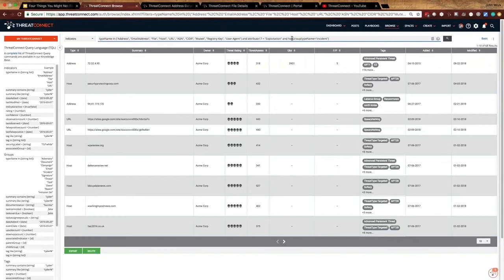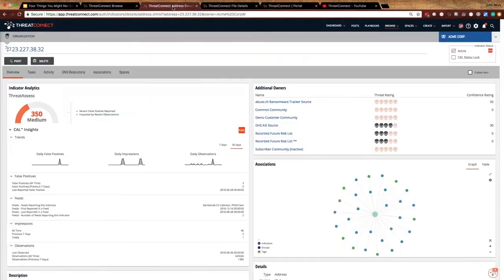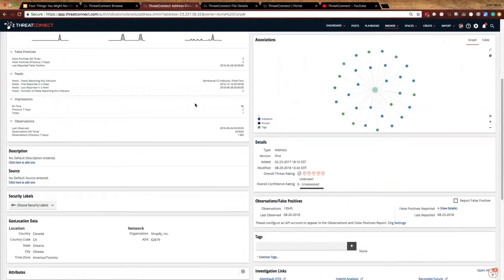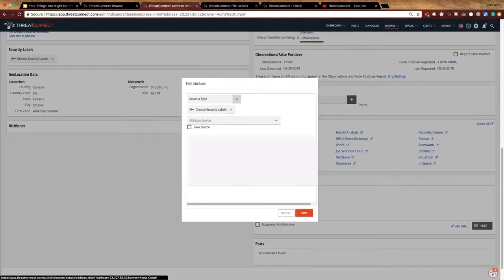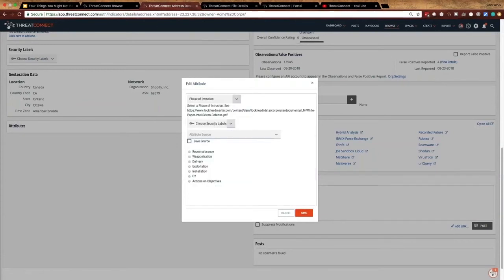So we're basically building on top of these searches that we're already doing to get back more specific results. That's why we want to use those attributes, because those attributes are going to give us that granular view down into the actual indicators themselves. I would highly suggest when it comes to attributes, there's the ability to go in and create attributes that do have drop downs. So if you're going to create custom, let's see, I'll show you one here. Well, this actually has radio buttons, but you can do radio buttons, you can do drop downs, you can do freeform. So we can create those custom attributes that are going to matter to our organization.